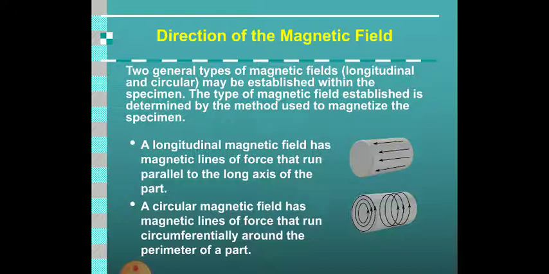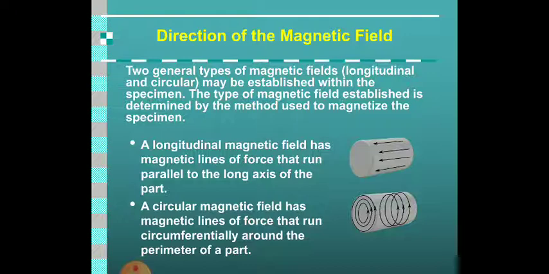So that is to be followed, and that problem needs to be taken care of by the application of these techniques. So circular magnetization is when an electric current is passing through a conductor that produces a magnetic field with the magnetic flux lines at approximately 90 degrees to the current flow, following the right hand rule.